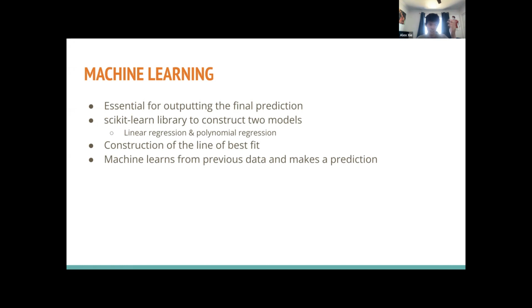Each has its benefits, advantages and disadvantages. The linear regression and polynomial regression are the two that we tested. We actually built a testing code, an algorithm that tests the accuracy of the model. And we had 5, but then we narrowed it down to 2 because those 2 are the ones that perform the best. So yeah, we use linear regression and polynomial regression.